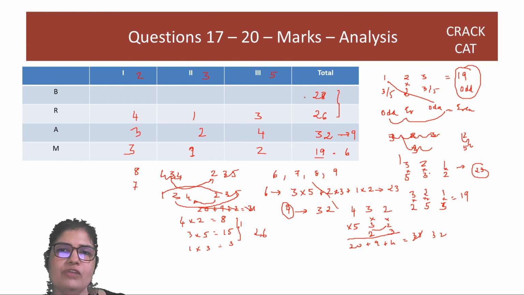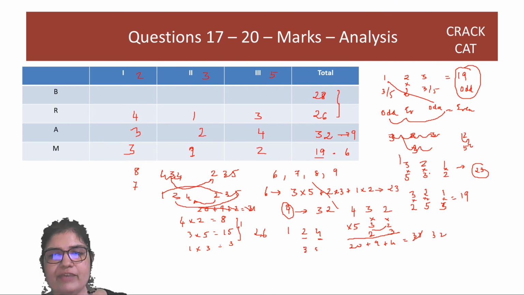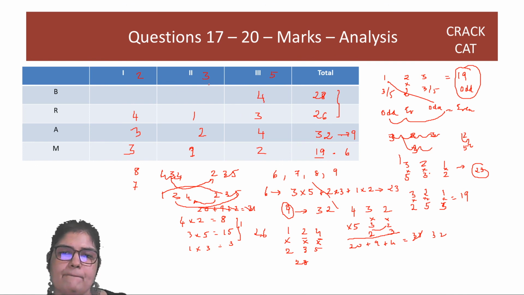And 1 to 4 will go with 28. So with 1 to 4, ये even है, ये even है, ये दोनों odd numbers 3 और 5 के साथ जाएंगे. और ये जो odd है, that will go with an even number. So if you check 1 into 2 plus 2 into 3 plus 4 into 5 will give you 28. So you've attempted 4 questions in the 5 markers, right? You've attempted 2 questions in the 3 markers and you have attempted 1 question in the 2 markers. So that's the breakup of the set.